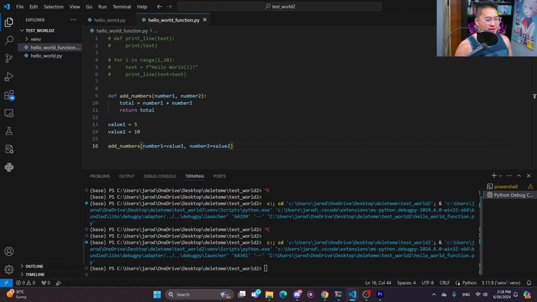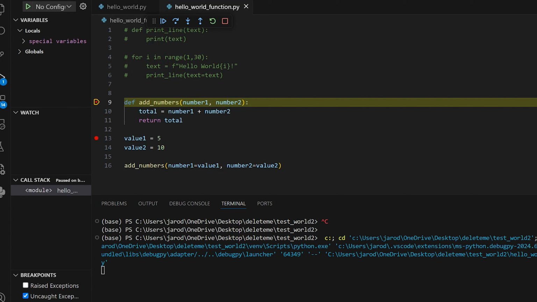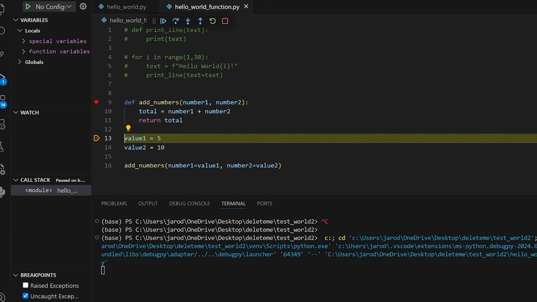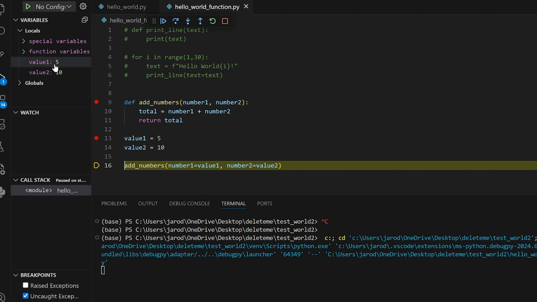Now, we're not going to get anything outputted to the terminal here, and that's because we don't have the total value printed out anywhere. So what's happening here is I'm going to step through the code to show you step by step what's happening. So let's go ahead and run the code, and it's going to stop at the first function. It's going to instantiate this function so that we can use it. Then you're going to store the first value, and then you're going to store the second value, and you can actually track along what's happening here, which is value1, value2,